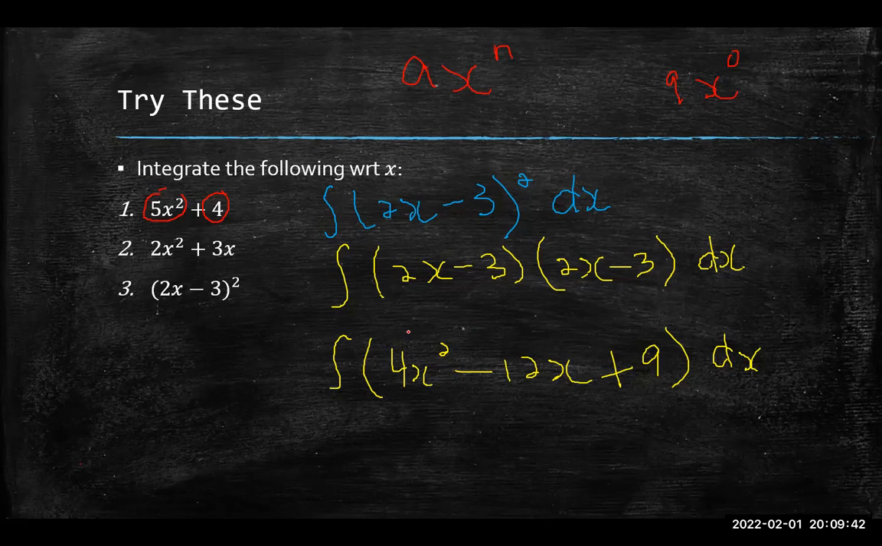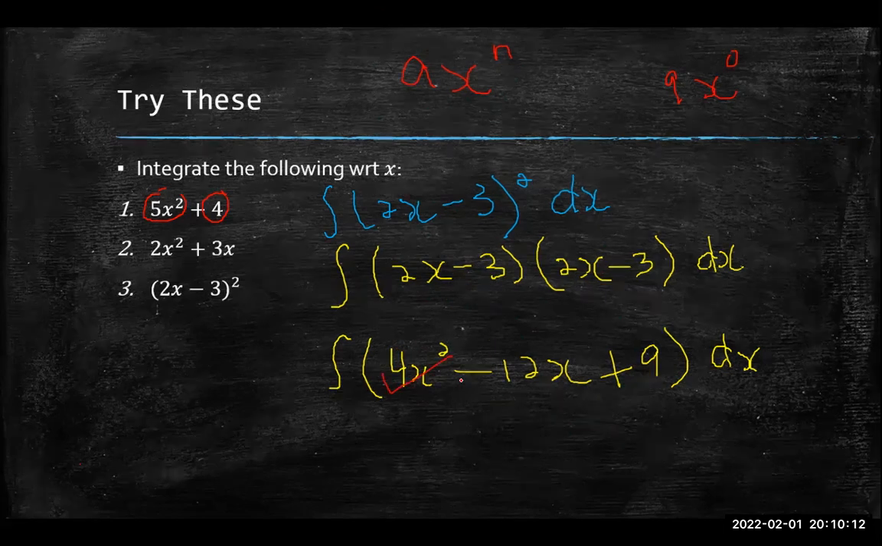But remember, I need each individual term to be in this form. I need to expand these brackets, right? When I do that, I get this quadratic expression, 4x squared minus 12x plus 9. Now, each individual term is in this form. A is 4, x, and n, which is my power, is 2. So this term is in that form. Now, how did you get minus 12x? When you expand these brackets,